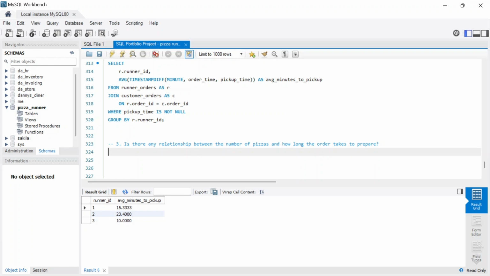Question 3 says, is there any relationship between the number of pieces and how long the order takes to prepare? Is there any relationship between the number of pieces and how long it takes? So let's look at how this is going to work. The first thing we want to do is let's count the number of pieces,